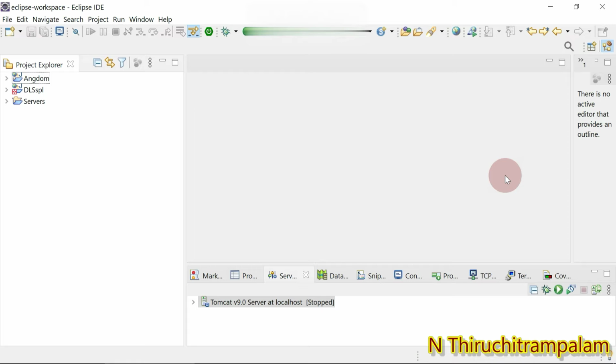In this session we are going to see the HTML DOM directive ng-disabled.